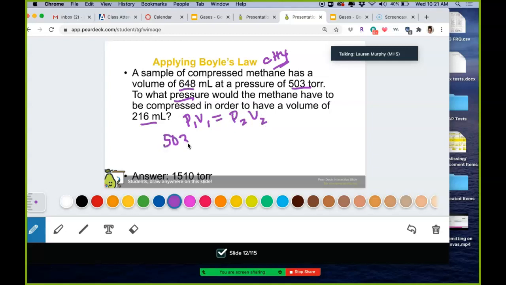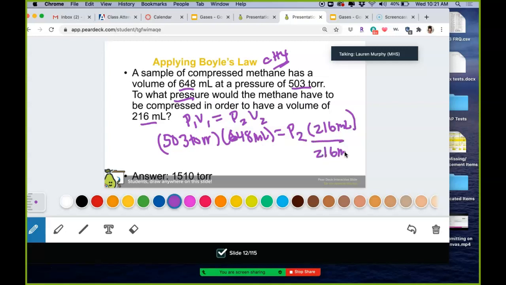So my initial pressure is 503 torr. My initial volume is 648 milliliters. My new pressure is what I'm looking for, and my new volume is 216. So conceptually, they take a container that is 648 milliliters and they shrink it, or they compress it to 216. The pressure is probably going to spike up, so you divide both sides by 216 milliliters,